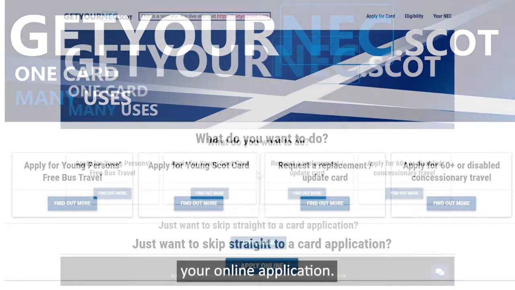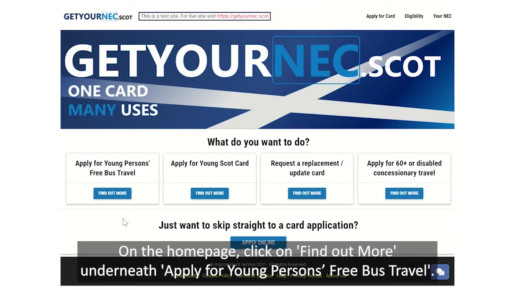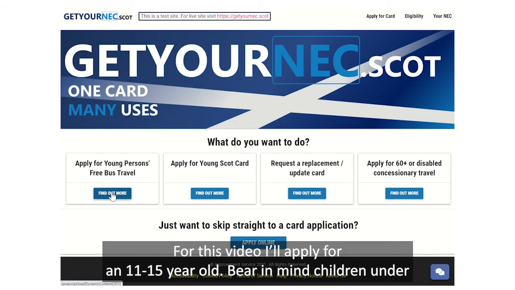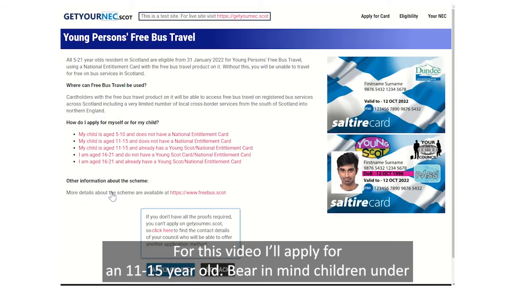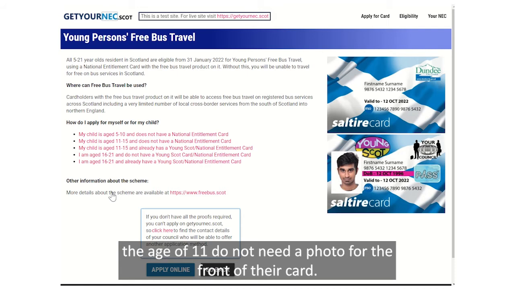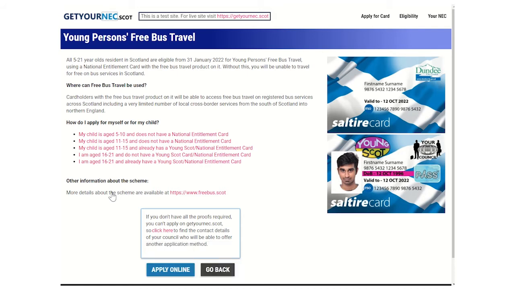online application. On the home page, click on Find Out More underneath Apply for Young Person's Free Bus Travel. For this video, I'll apply for an 11 to 15-year-old. Bear in mind, children under the age of 11 do not need a photo for the front of their card. Click on the link